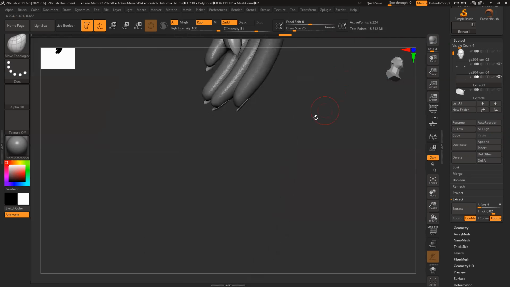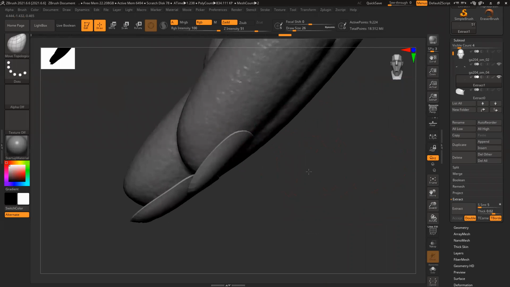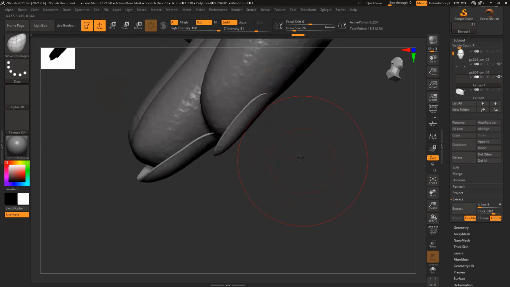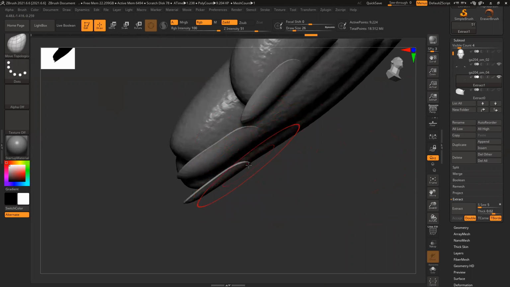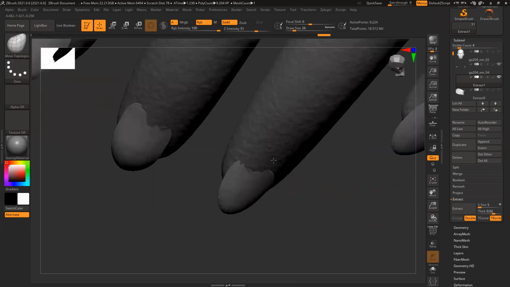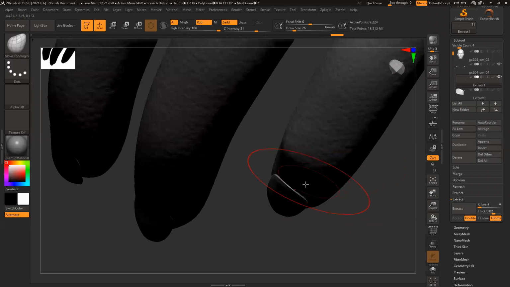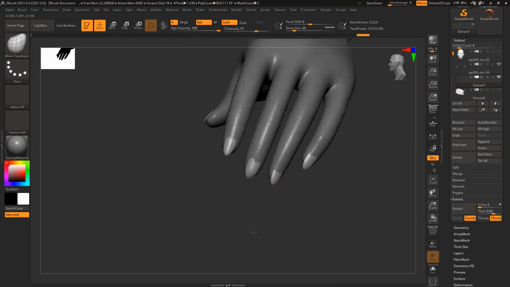It's slightly inside. It's uneven. No need to worry about that.